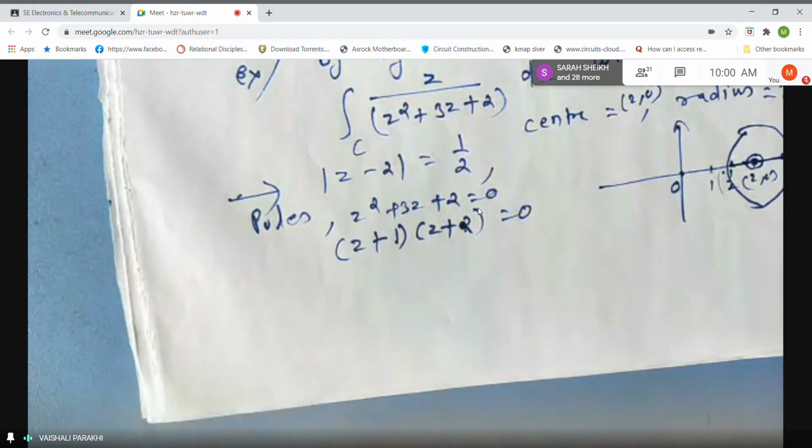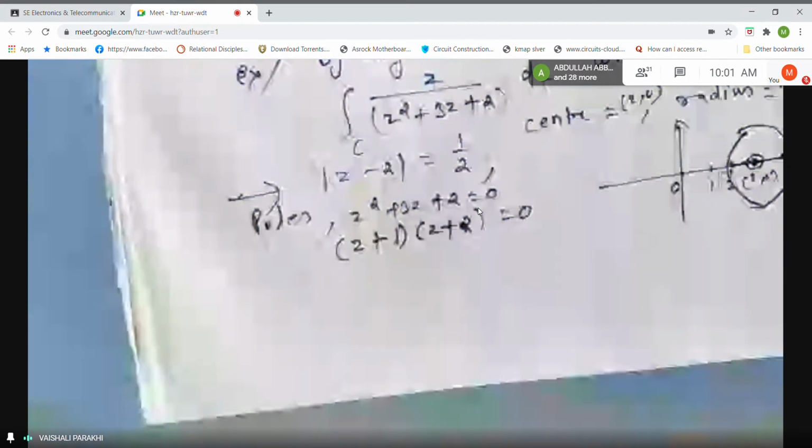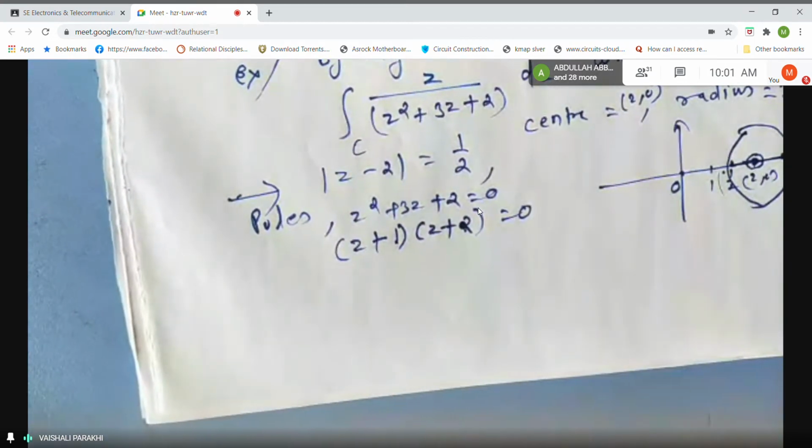Now I advise the new students and some students from the earlier classes: these are all basic mathematics from your school mathematics. If you want to learn more, or if you have forgotten how to find the factors, please watch at least one or two YouTube videos on how to find the factors of a quadratic equation. It will really help you. If you want, I can send you the links, because this is the school mathematics you learnt in 9th standard.